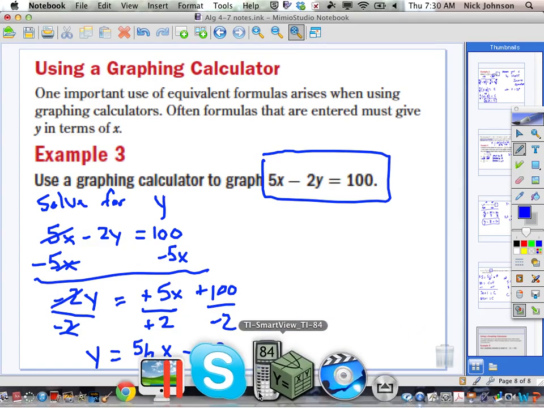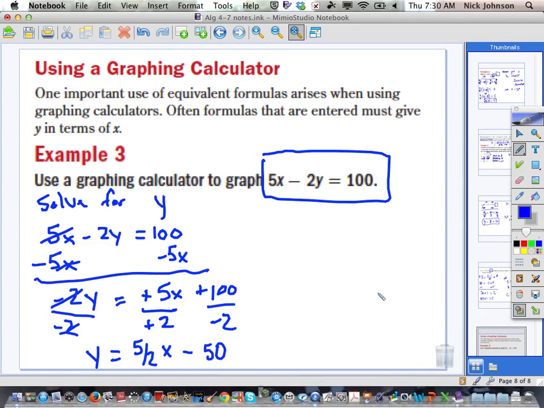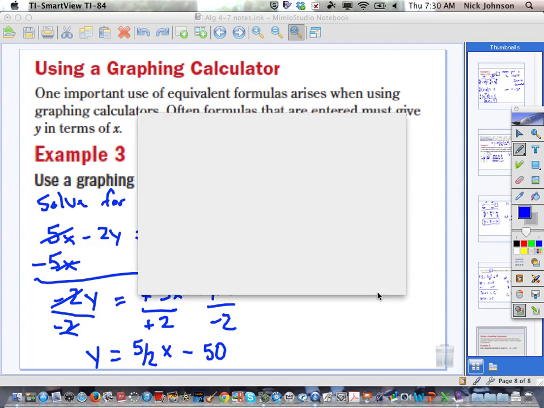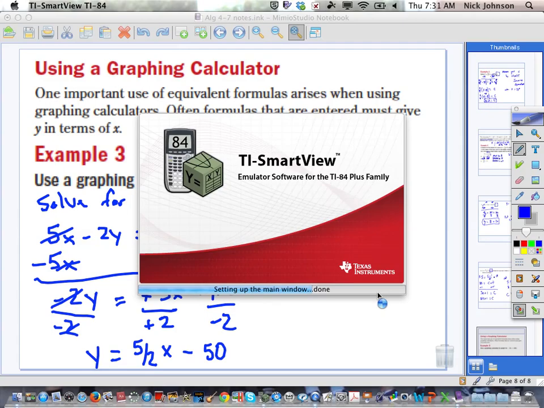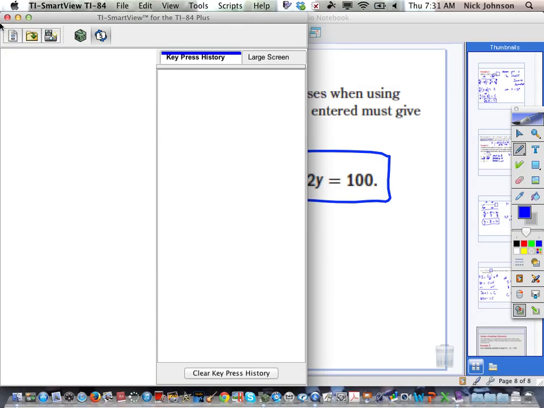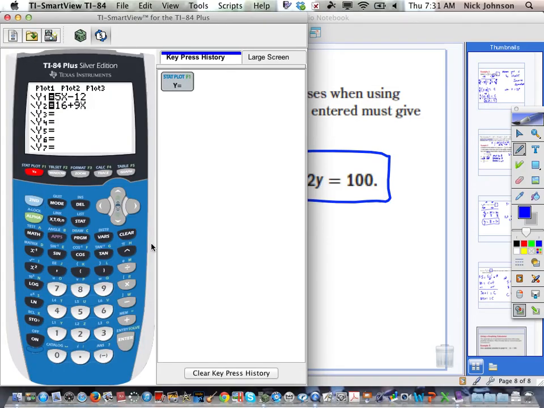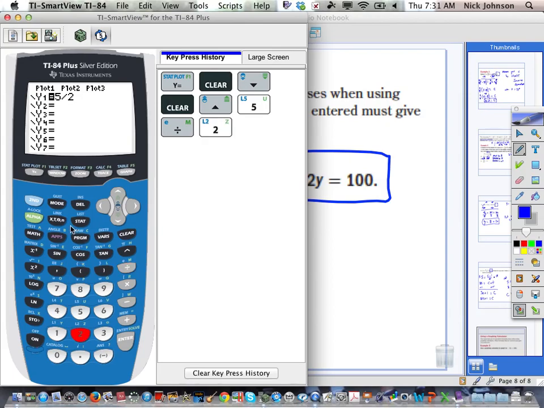Okay? I apologize for not having this up on my calculator, so it's going to take a few minutes here. But then once this all comes up, you're going to be able to hit your y equals 5/2 x minus 50. Didn't take as long as what I thought. Clear this stuff out. 5/2 x